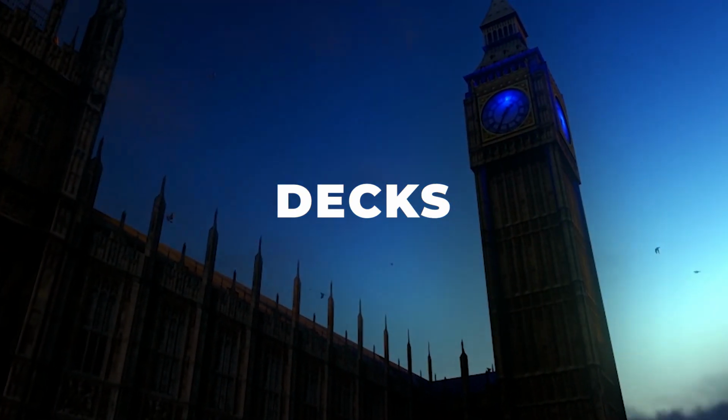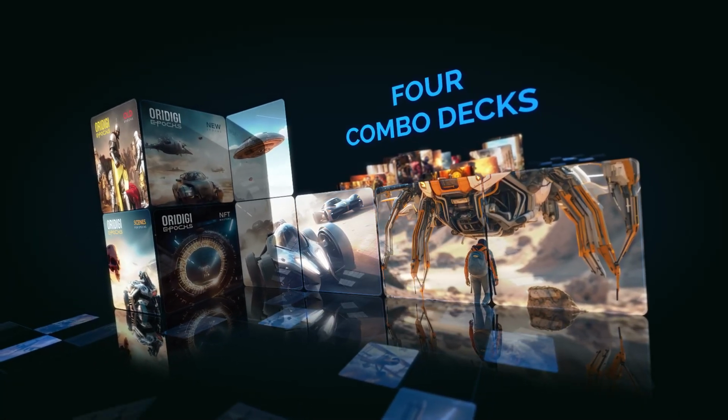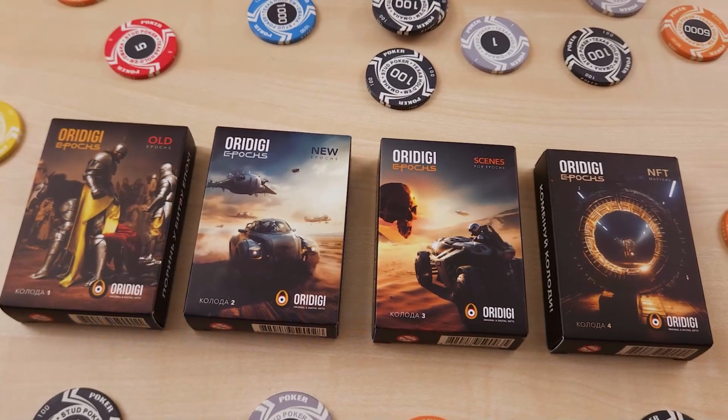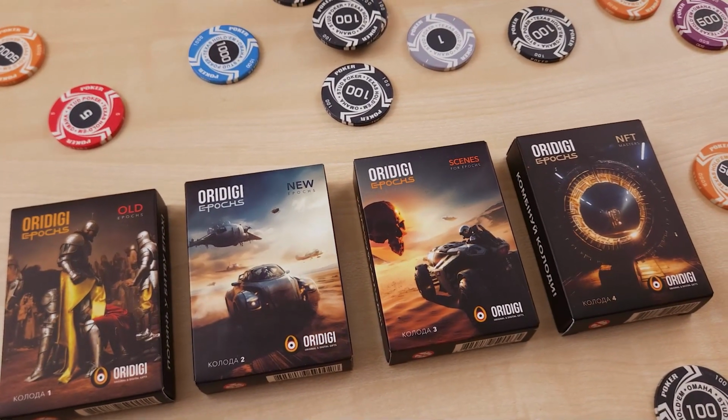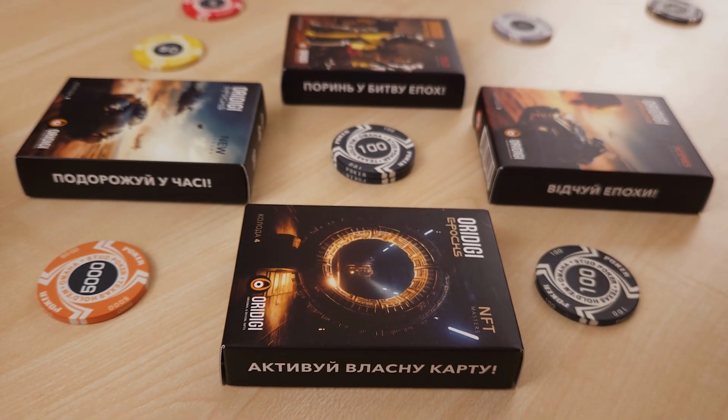Decks of Neo cards ORIDIGI Epochs. There are a total of 180 playing cards in the 4 decks of ORIDIGI Epochs. Each card has its own unique plot. You can play with 1, 2, 3, or 4 decks, from a quick game for 2 to a big game